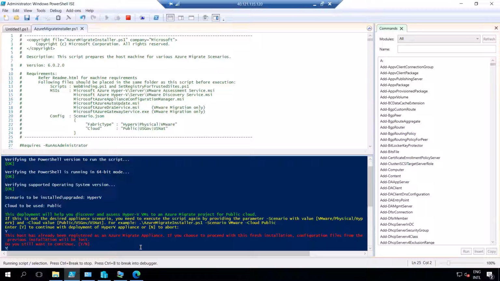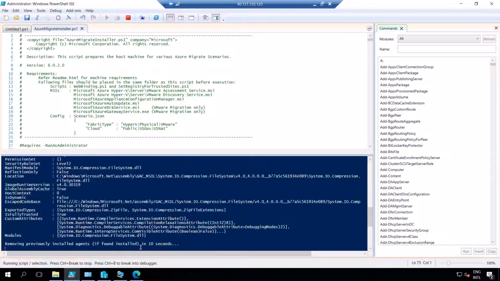This is already being used for one more migration, that's why it is showing that. So now it will remove the previous installed agent and install the new agent. I require the discovery agent as well as the assessment agent here, so that is going to happen right now. I can show you that as well once it is installed.